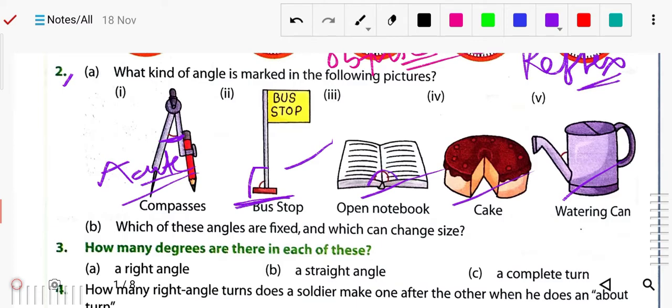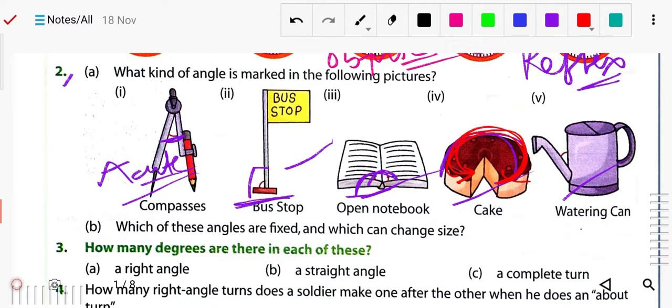Now here you can see which type of angle it is. Of course obtuse. Why obtuse? Because it is more than 90 and less than 180. Here you can see this is the full angle. Here we are talking about the angle from here to here, so of course this is the larger angle. So this is the reflex angle, more than 180 and less than 360.